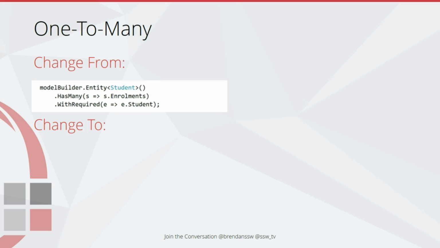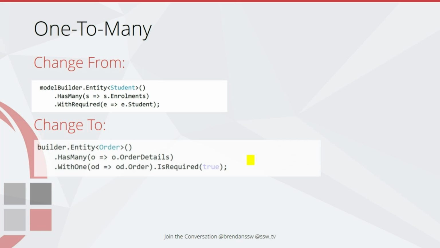One-to-many mapping is when you've got an entity and it maps to a collection. This is something that's very easy to map in databases as well. You just have foreign keys on the collection objects all pointed back to the first object. And that's pretty much the same. Slight changes. Instead of having many with required, it has many with one is required. So it's kind of specifying that it's many to one, or one to many, depending which order you put it. But then the is required is true. So it's trying to separate out the two concepts. With one and is required are two kind of concepts, rather than with required means it's a one to many with it required.